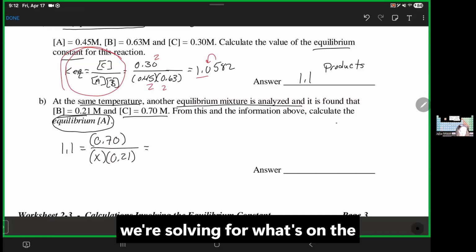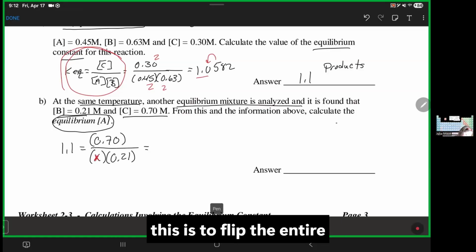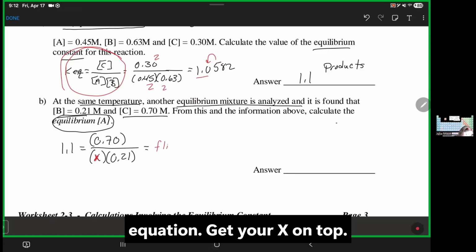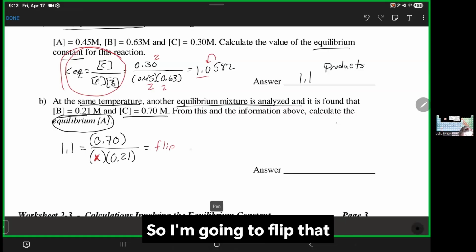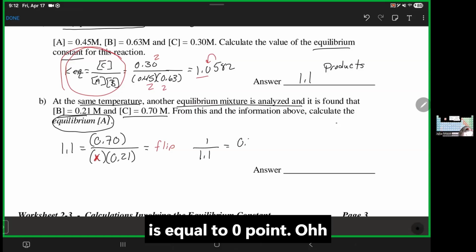Okay, so remember, if we're solving for what's on the bottom, your easiest way to do this is to flip the entire equation. Get your x on top. So I'm going to flip that, so I get 1 over 1.1 is equal to